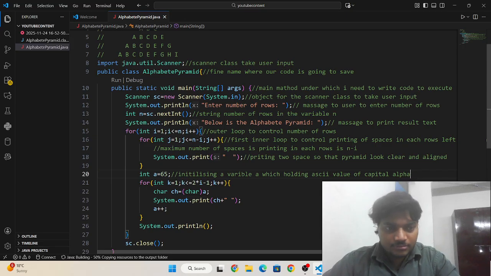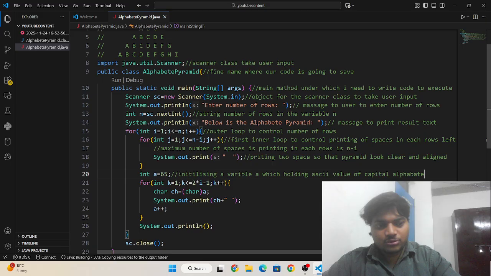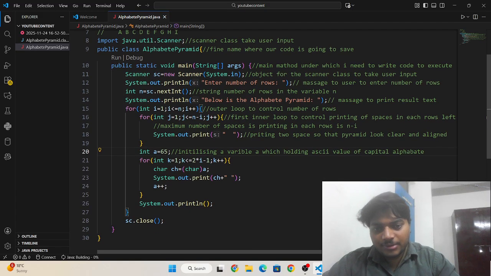Okay, which is holding the ASCII value of the capital alphabet, and this is